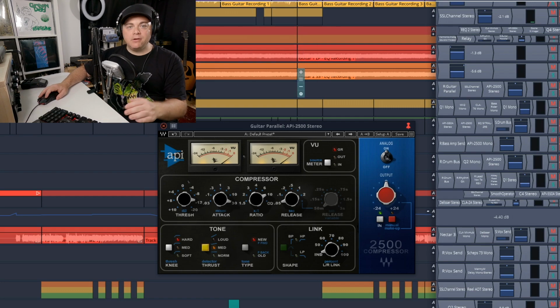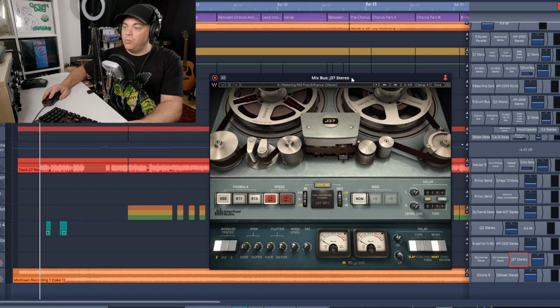And you can hear when that parallel is off and this compressor isn't working, the guitar is fairly thin, but when you add that channel in there and this compressor, it really brings out some of the growl of that electric guitar and helps it to cut through in the mix.